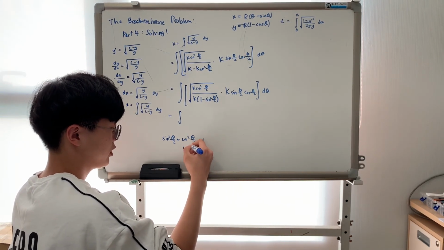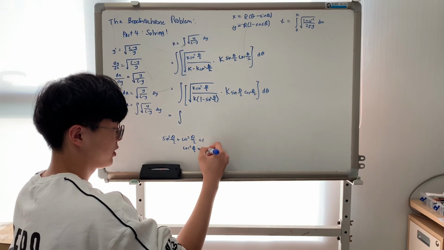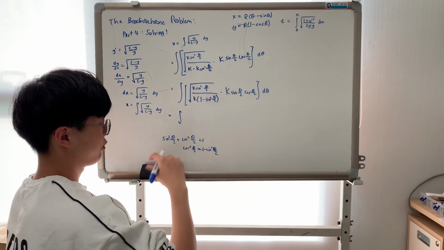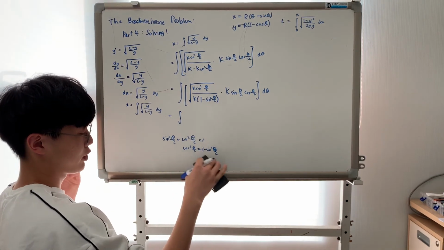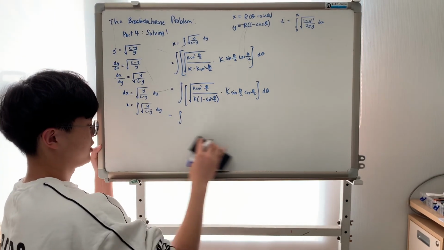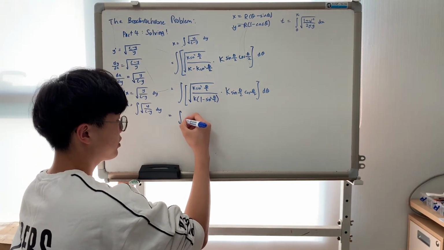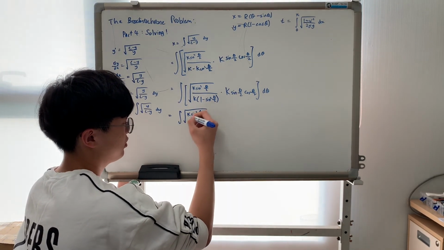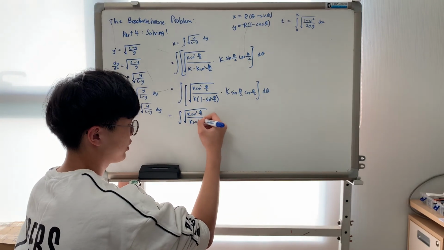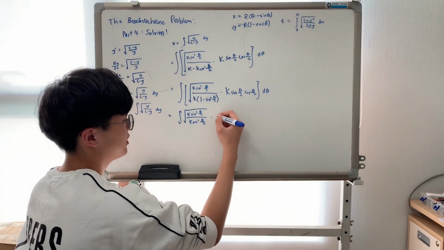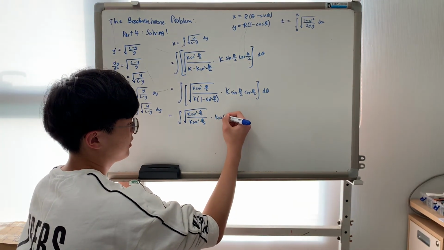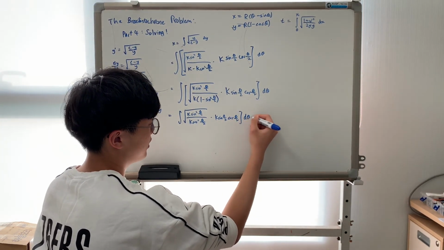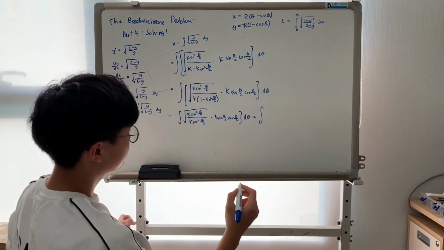So we can replace this with cosine squared theta over 2 because those are equal. And so we have the square root of k sine squared theta over 2 over k cosine squared theta over 2 times k sine theta over 2 cosine theta over 2 d theta, which is going to be equal to,